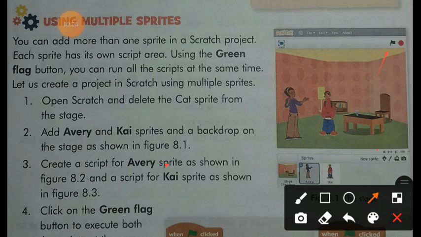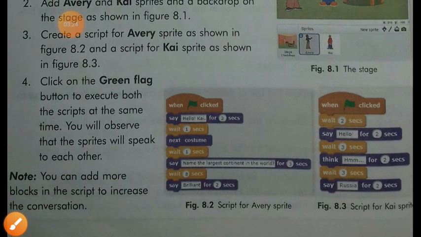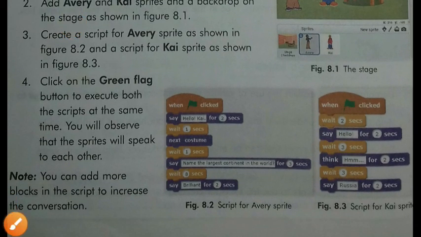And then you have to choose a background like figure 8.1, and then step 4 is to click on the green flag button to execute both the scripts at the same time. You will observe that the sprites will speak to each other. So students, you have to create this script